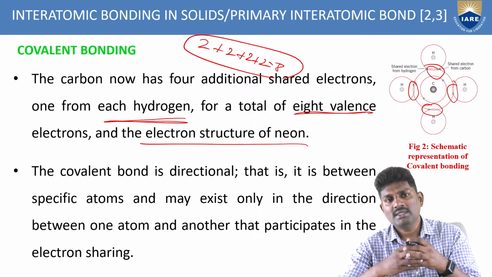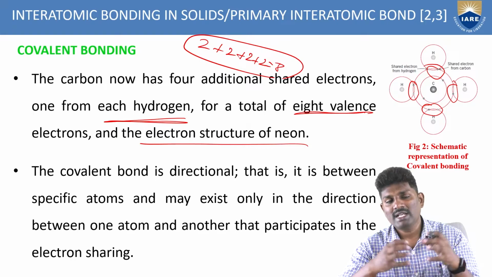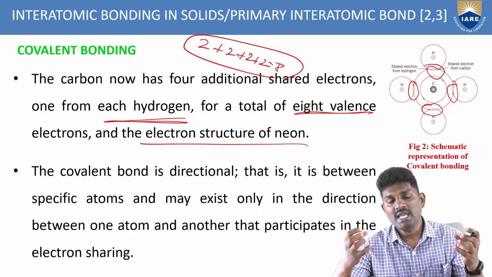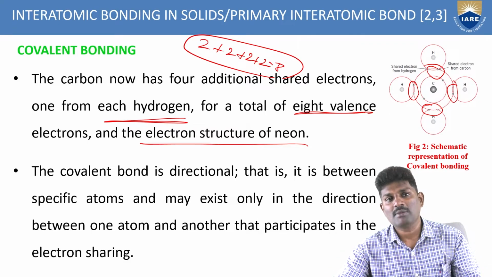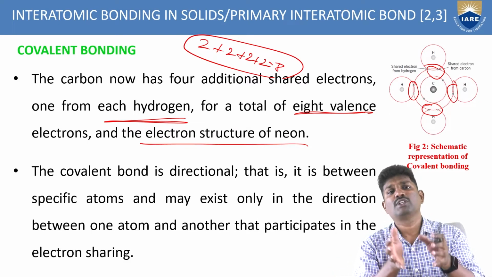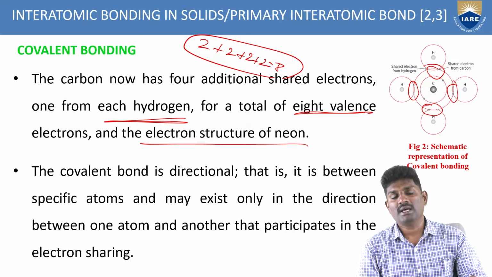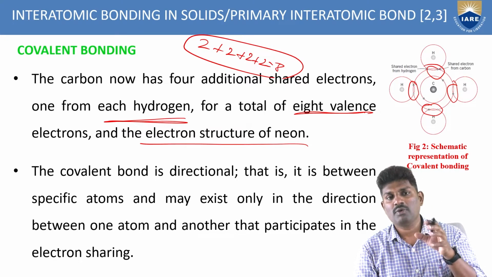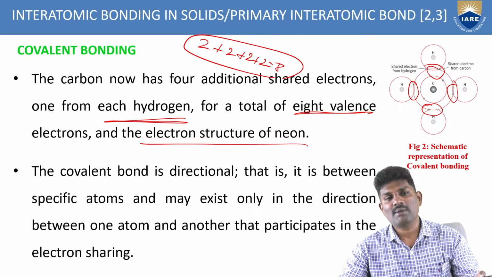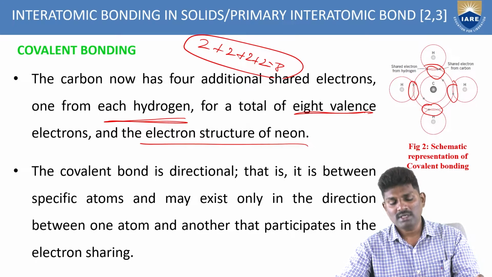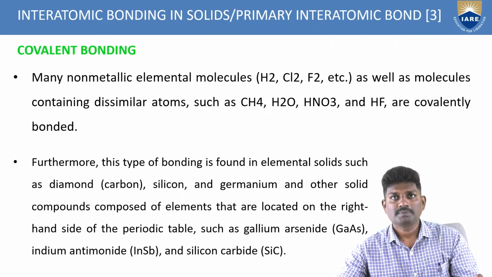So that's why the covalent bond will get a good bonding energy when it shares between the two atoms. In this case, the carbon as well as the hydrogen are sharing their valence electrons, from the 4 and 4. You're getting a total of 8, so it is converting into methane. This is the best example to explain the covalent bond with the help of methane.